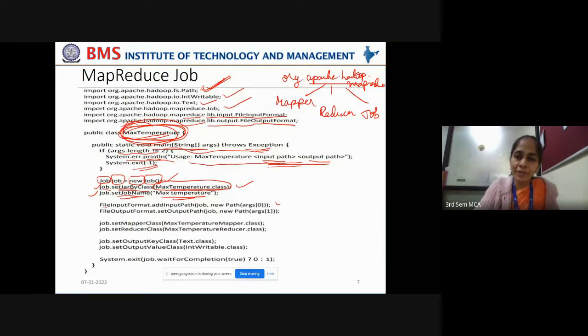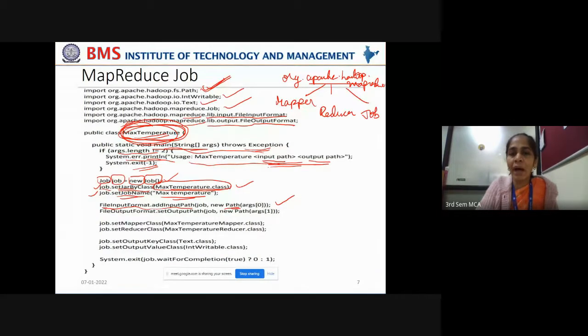So this first line indicates the input path from which the data has to be read for processing. Means the NCDC data sets path. That raw file path has to be given. How is it given? FileInputFormat.addInputPath, from where the data has to be read.